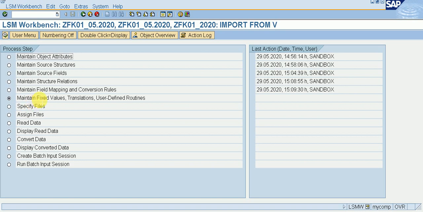Sixth option is maintain fixed values, transactions, user defined routines for doing one kind of things, so it is not necessary to do.